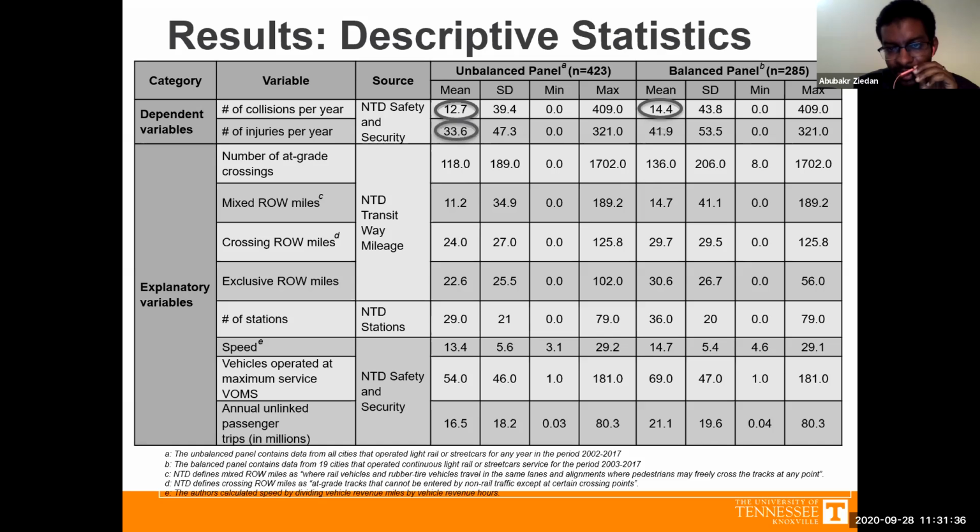And similarly, the number of injuries is slightly higher. And similarly, we see the vehicle operated at maximum service is slightly higher. The reason we think that, like most